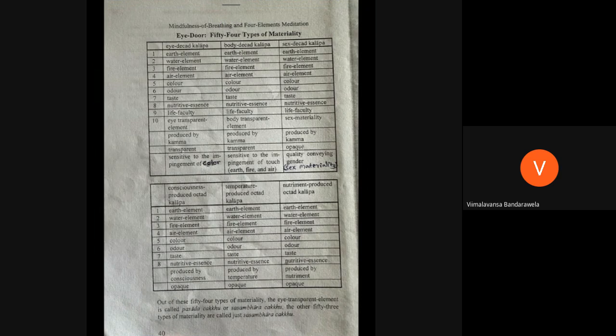In the Jivita Navaka Kalapa, Jivita Indriya is the 9th factor. Patavi, Apo, Tejo, Vayo, Vanna, Gandha, Rasa, Oja, and the Jivita Indriya as the 9th factor. So that is what is called Jivita Navaka Kalapa. That means 9 types of materiality altogether that this Rupa Kalapa has. Those are Kamma born materiality: Chakku Dasaka Kalapa, Kaya Dasaka Kalapa, Bhava Dasaka Kalapa, and the Jivita Navaka Kalapa are the Kamma born materiality. Your Kamma is the cause to arise this materiality.